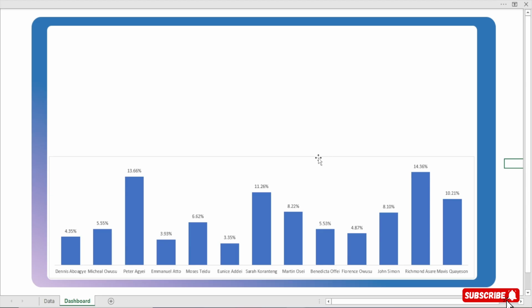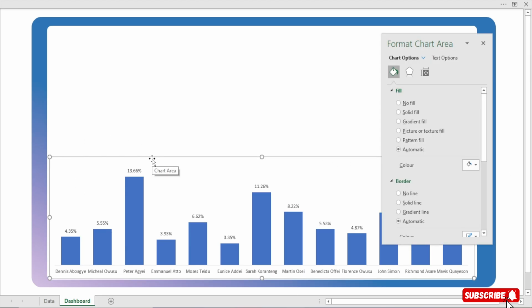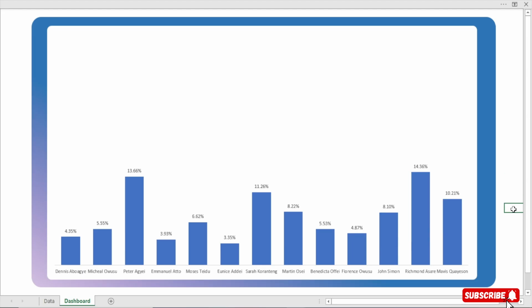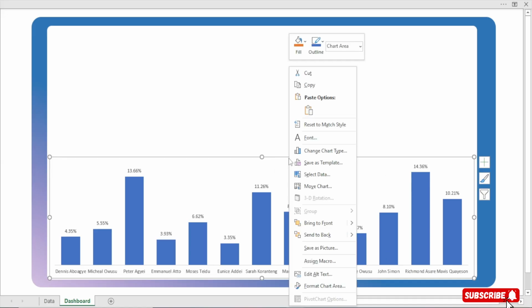Now you see we have some line around the chart. So I'll select it, Control 1, and I'll say no line. I'll say no fill. Right? Perfect. So we are making progress. Now what I'm going to do is select the chart like this, right? Select the chart, right click, and I'll go to select data.